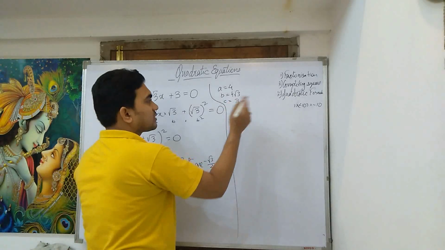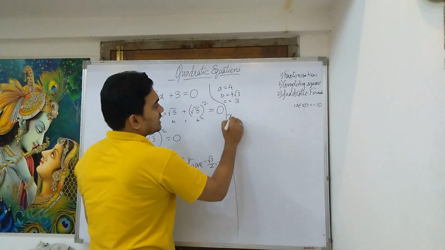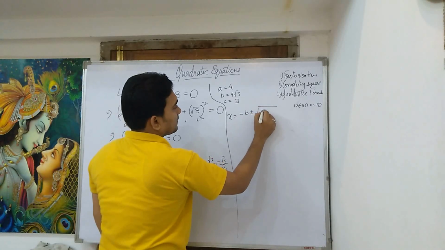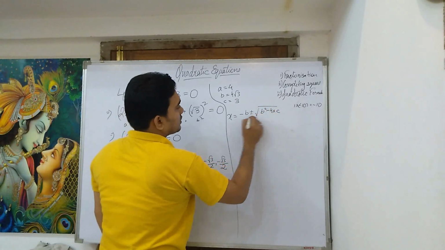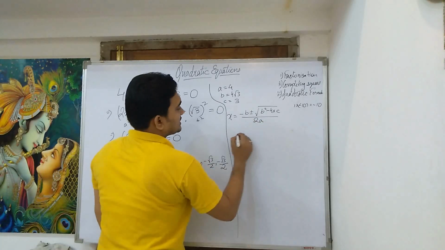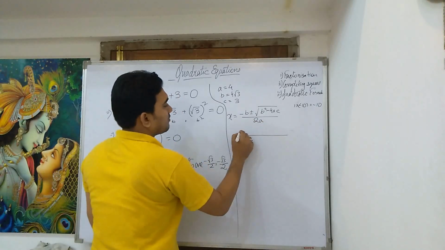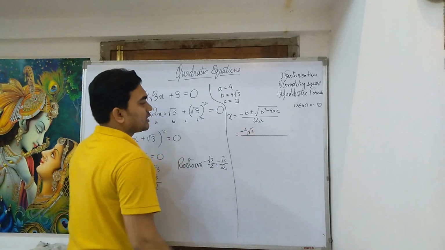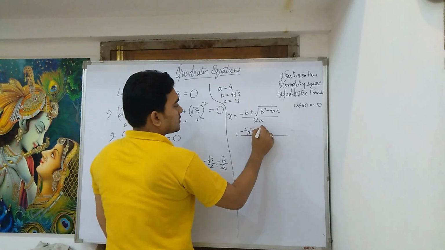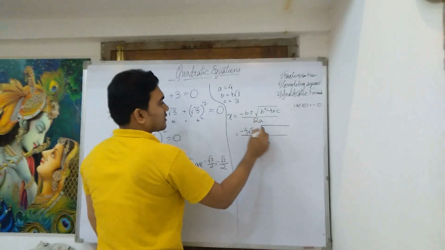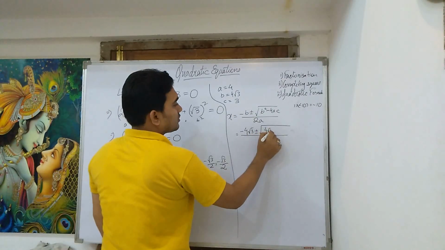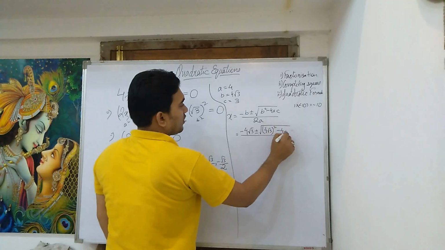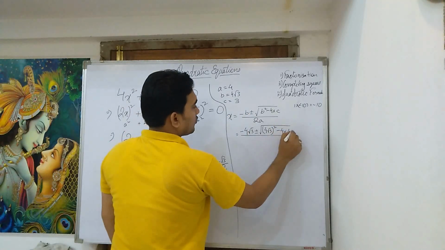So if I use the quadratic formula, x equals to minus b plus minus root over of b square minus 4ac by twice a. So minus b, 4 root 3, plus minus b square, so it should be 4 root 3 whole square minus 4 into a, 4,